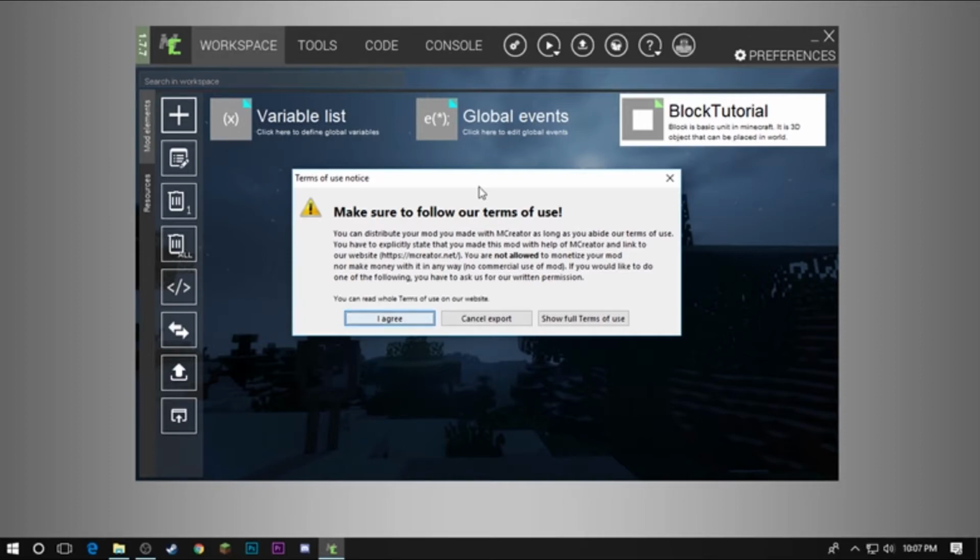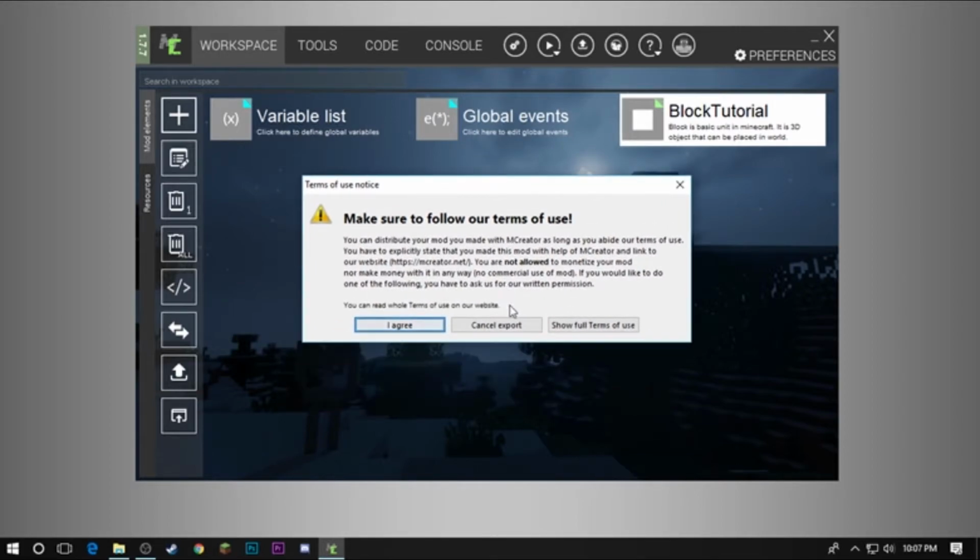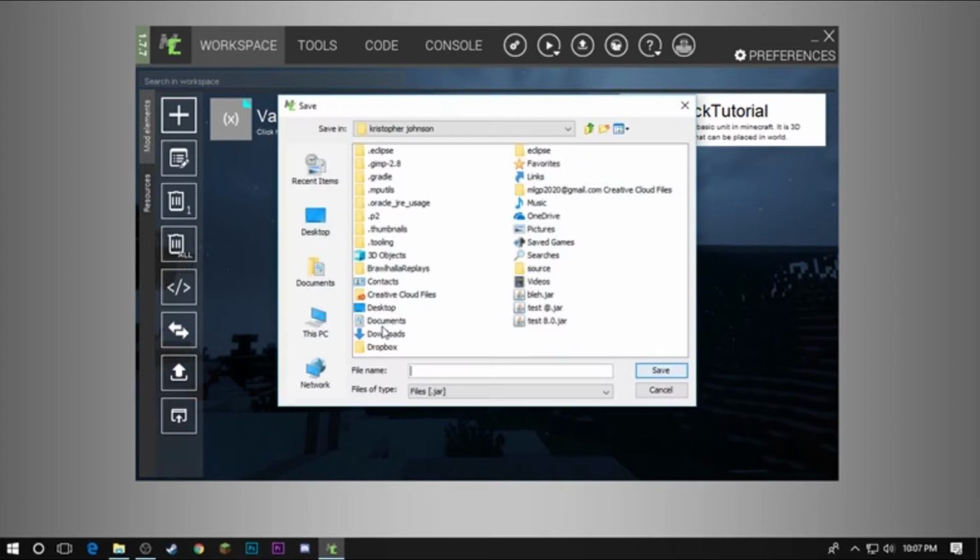Aha! Alright, there it goes. So I don't know what that error was. I don't know what happened. I just went through and re-edited the mod a little bit, and then all of a sudden it worked. That showed it twice. Just cancel one of them. Yeah, there we go. I don't know what happened there, but it's fixed now. If you encounter that error, just put it in the comments and I'll help in any way I can to fix that. But anyways, so then you're going to click I agree to the terms of service, obviously,